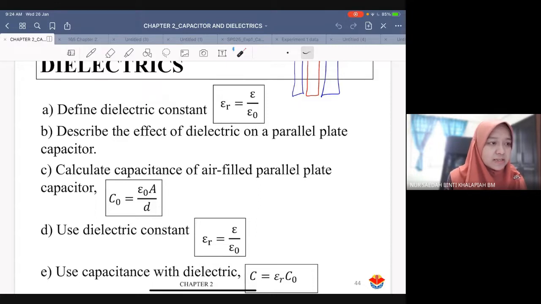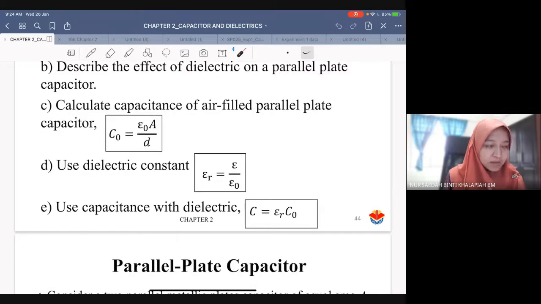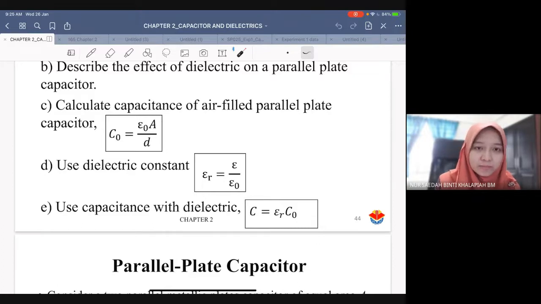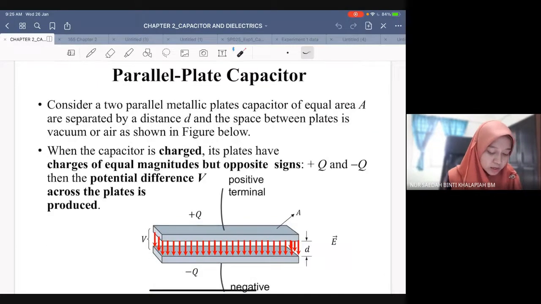Okay, so next is use dielectric constant. Okay, here it's the same formula like our definition. So next, the last one is the relationship between the capacitor with the air fill gap with the capacitor with dielectric. So macam mana nilai capacitance akan berubah bila kita put dielectrics in between of our capacitor. So apa relationship between the capacitor yang kosong dengan capacitor yang ada dielectric. Okay, so